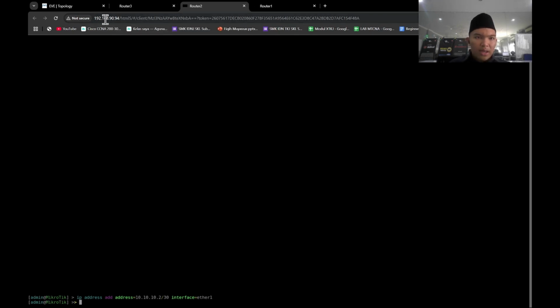And for ether 3 that connects to router 3, we're going to make the IP address like this.